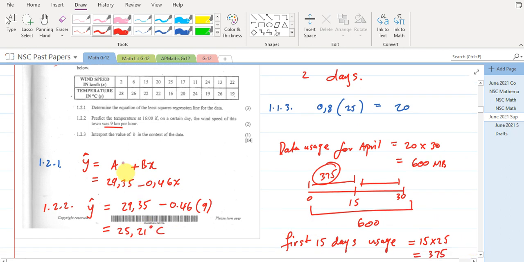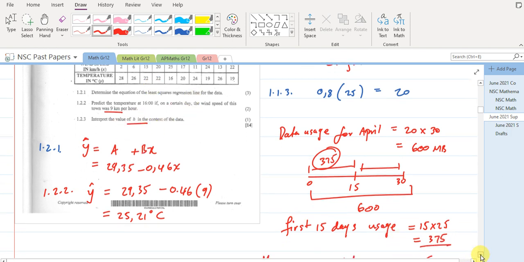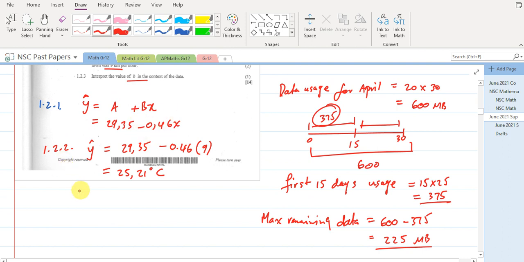Interpret the value for B in the context of the data. Remember how we get the value for B. The value for B represents change in y over change in x in terms of this least squares regression line. B is like your gradient. So in order to explain this, we need to say for a unit increase in wind speed,